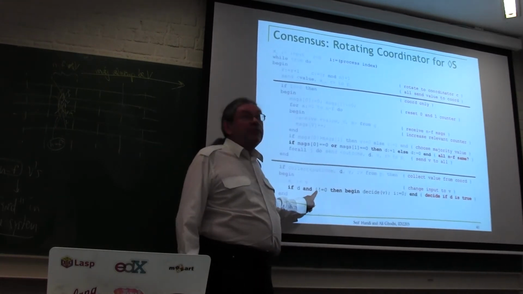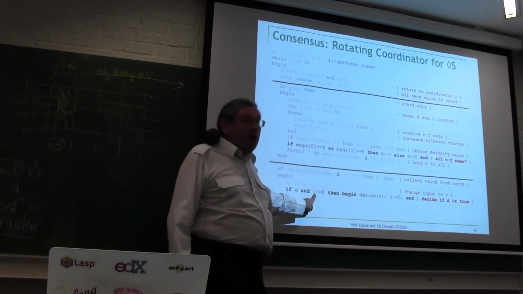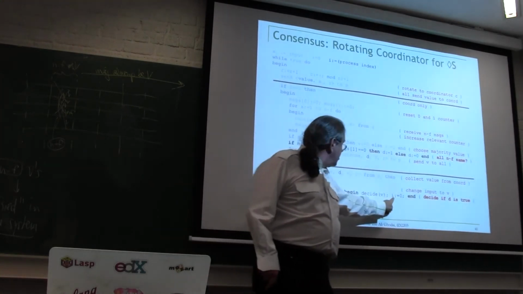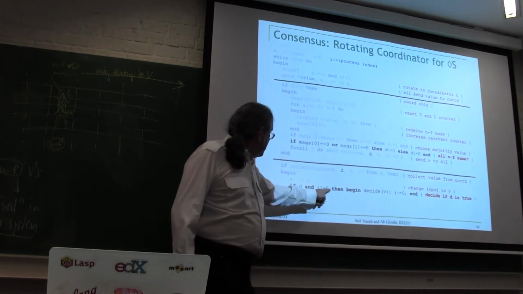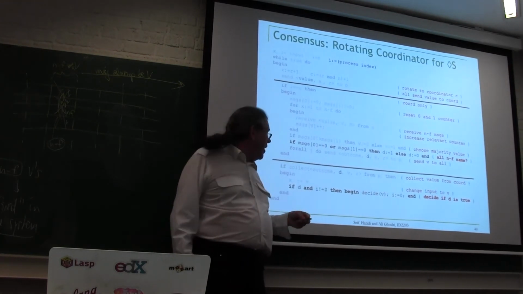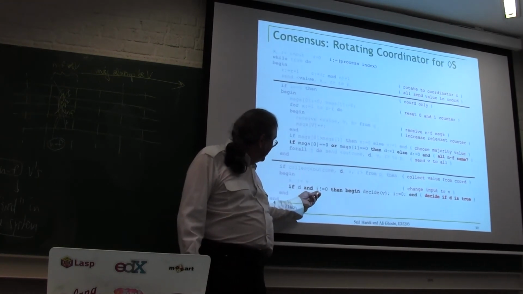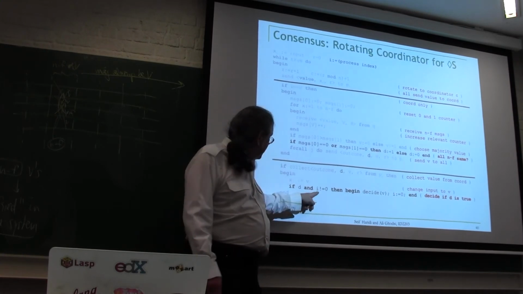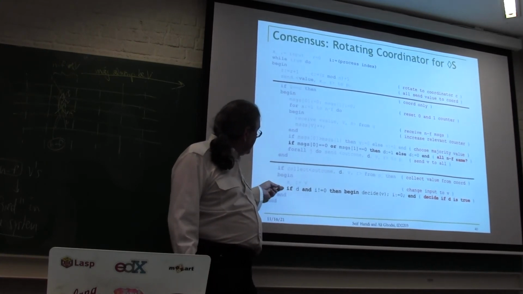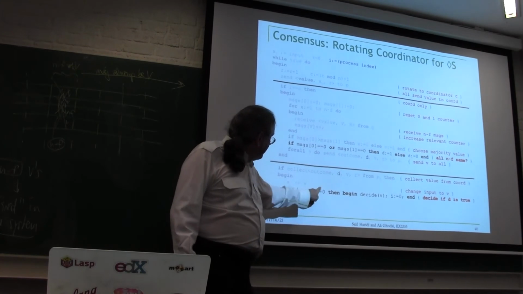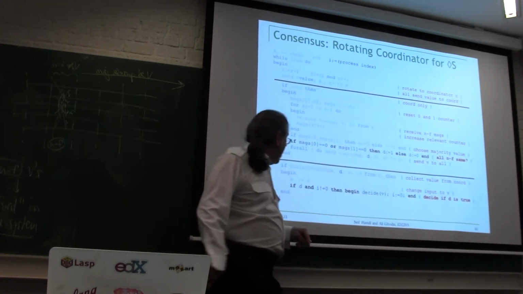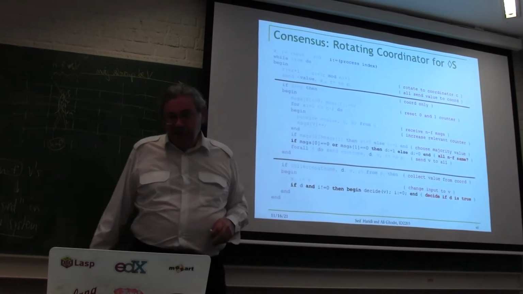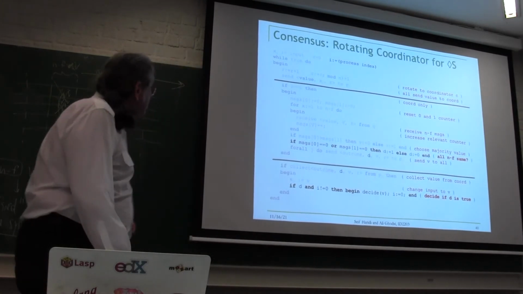i is the number of the node. There's a funny trick. I set the number of the node to 0, so I only decide once. Okay, that's kind of a hack. There should actually be another boolean. You see what it's doing. It's only deciding once, because after that, it will set i equal to 0. i is supposed to be a constant, so that's a hack. So how do we know it's going to happen?